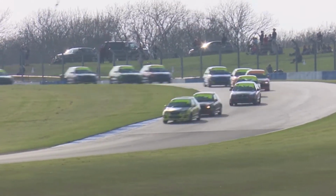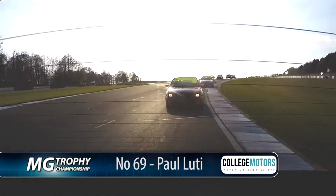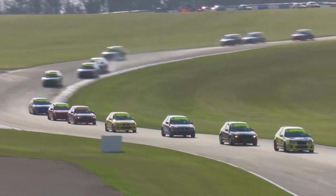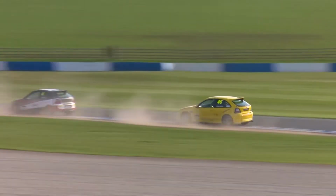through Hollywood, and coming down is a great view, back view, facing view for Paul Luthi. You don't see too many rear-facing onboards coming down through the crane of curves. That's a wonderful shot, really superb to see. And Paul Luthi